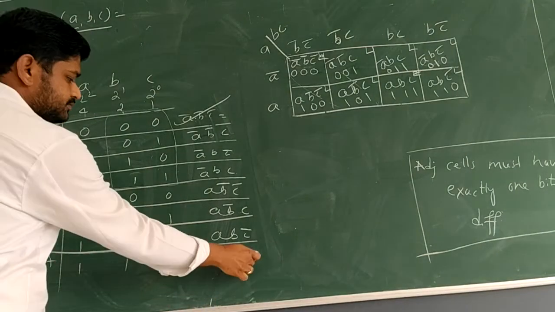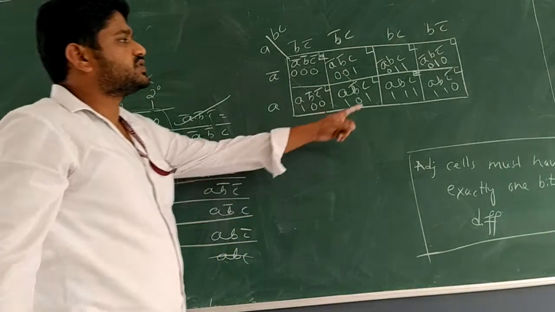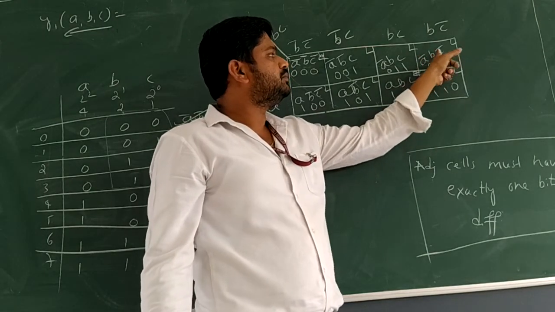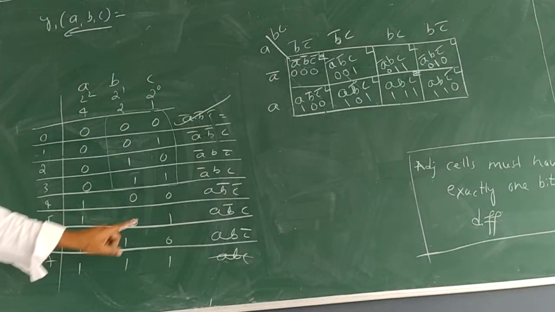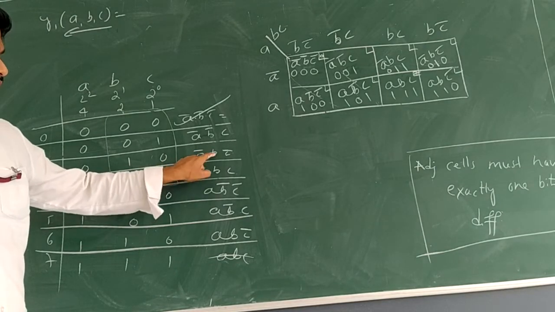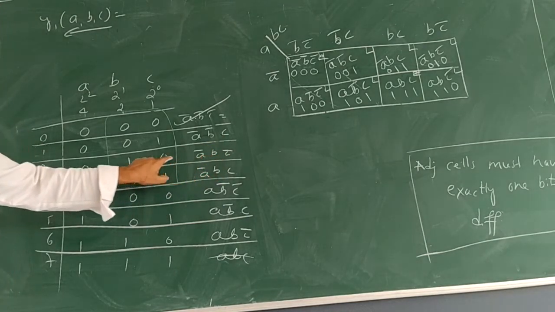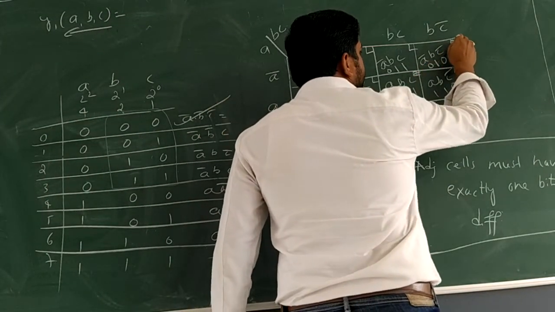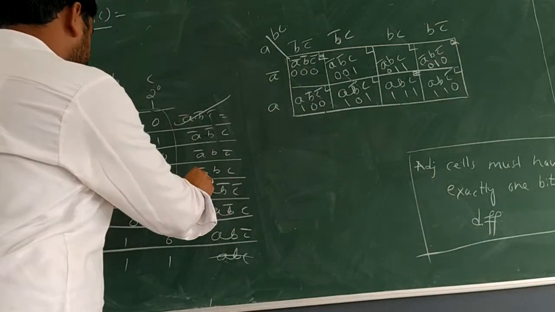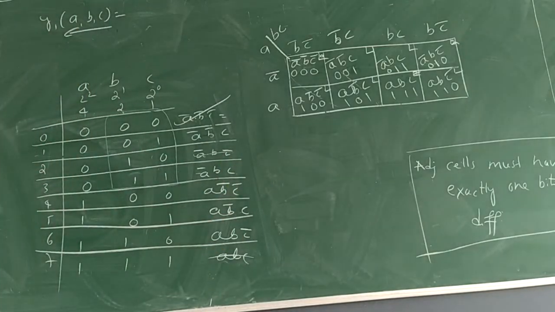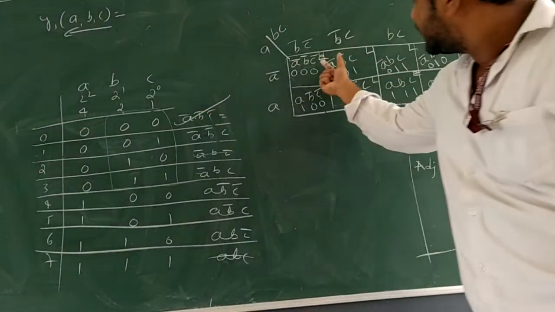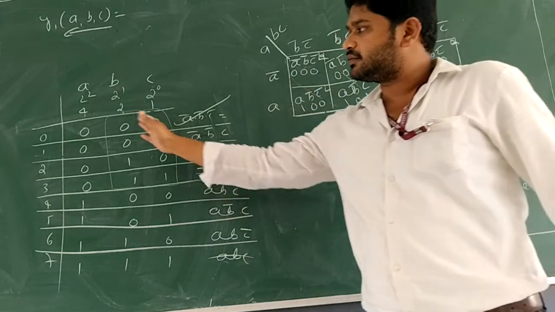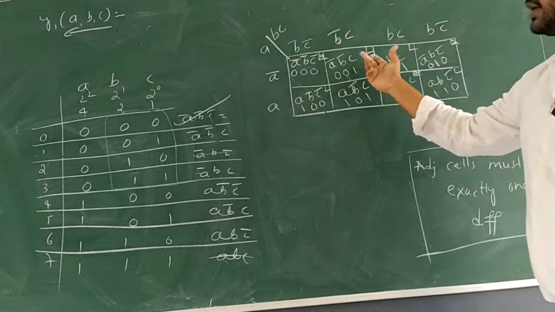Okay. So this is done. Let's take this. First row, last column. A complement, B with C complement. So what is the equivalent number? 2. So in the small box, I have written 2. Okay. So similarly, take a function term, find here, then find out the equivalent value, go on writing.